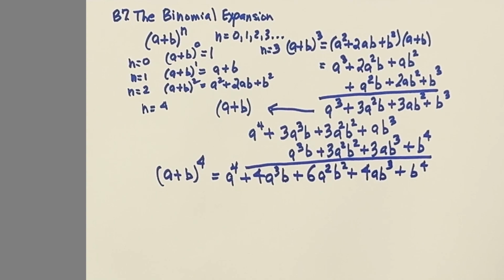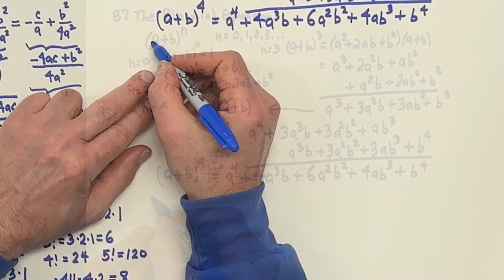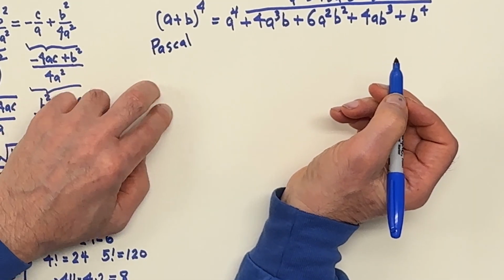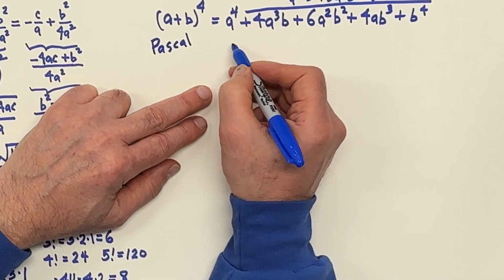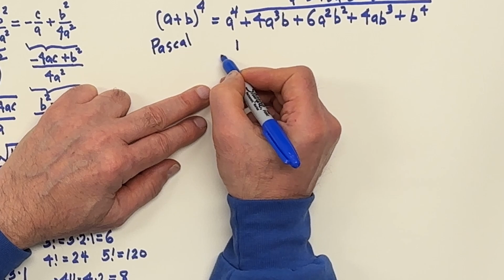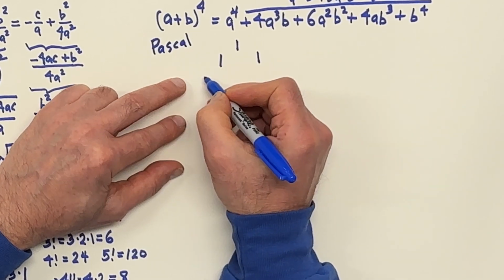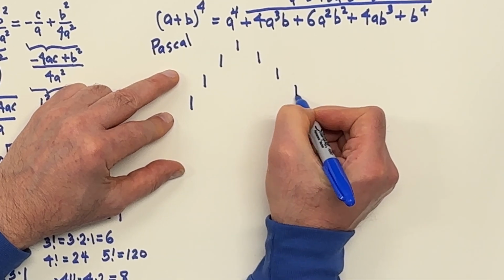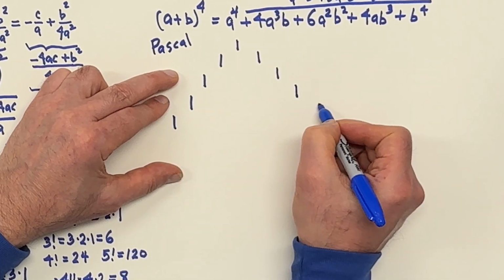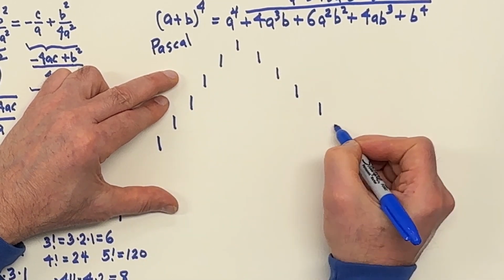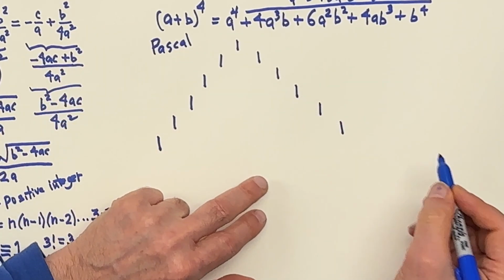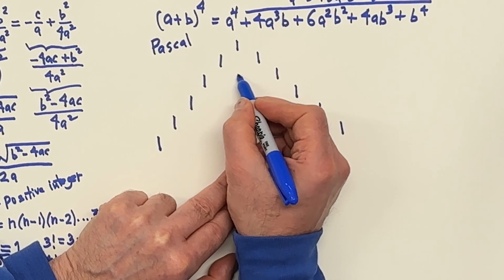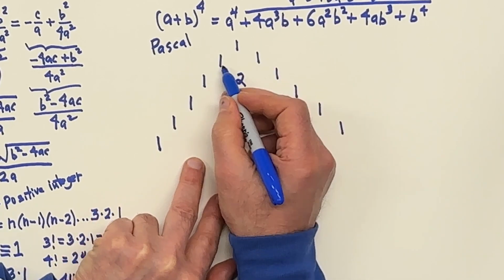Now, Pascal discovered an interesting result here. If you make a triangle with one along each of the sides sloping down like this, like a tree, then you come in here, and between these two you put a 2, you add those, then